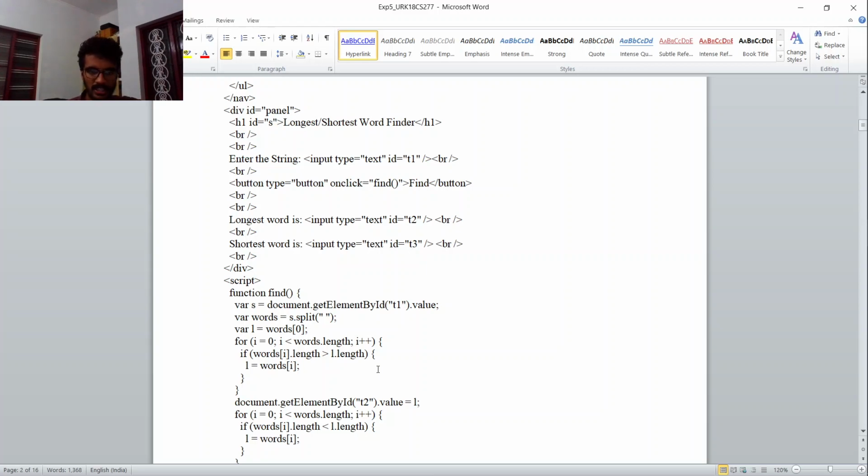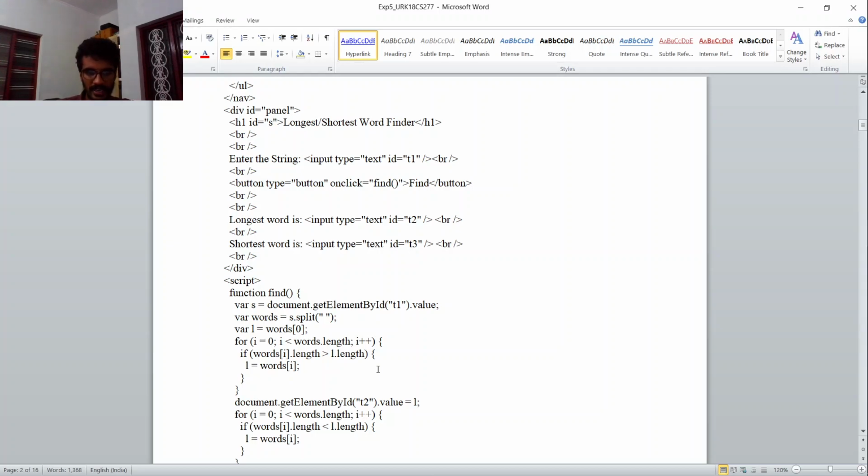Function find, var, document.getElementById, words split. So how the function is going to work, how the splitting is going to work, is you get the string which you have typed. It splits all the words, and then takes each word: variable L is equal to words of 0. Then a for loop: for i equal to 0, i is less than words.length, i plus plus.